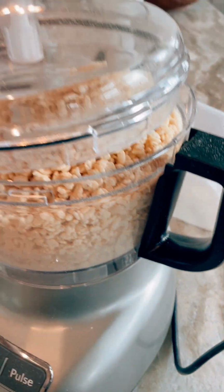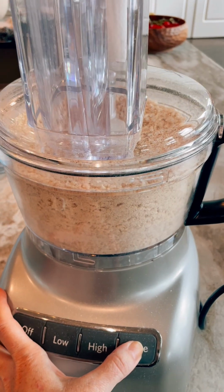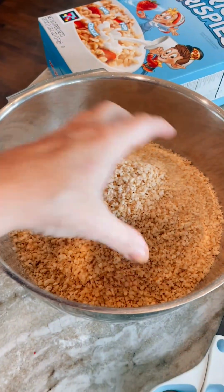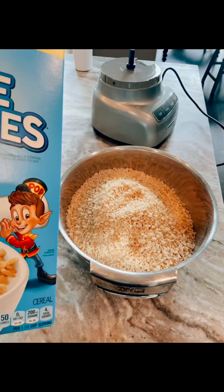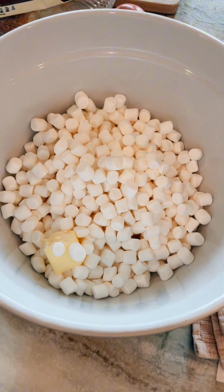Hey, welcome to my quick tutorial on making Rice Krispie treats specifically for cake decorating and molding. Starting with Rice Krispie treats cereal, just add about half of the large box to a large food processor to grind them down to a less rough texture, giving you a final smooth product